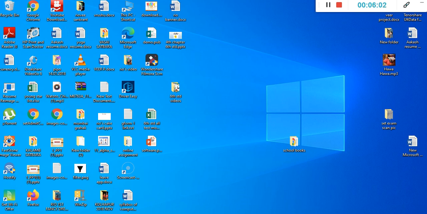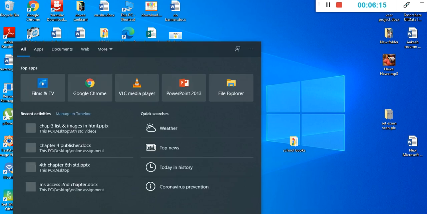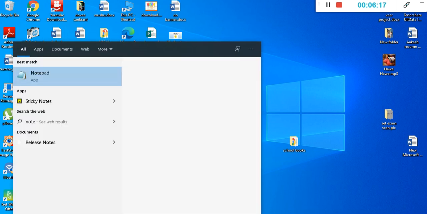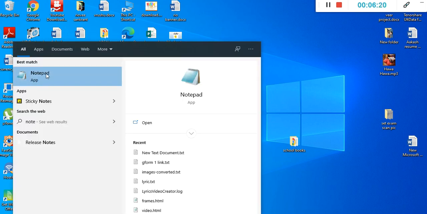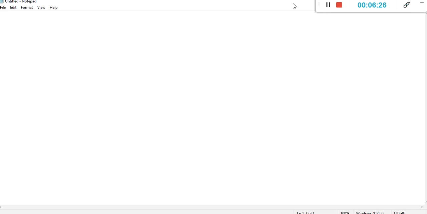So go to start, then all programs, then accessories, and then select Notepad. Otherwise, directly type notepad in the search. See, the Notepad app is showing here. Click on this Notepad app and open it. Okay, I opened Notepad here.